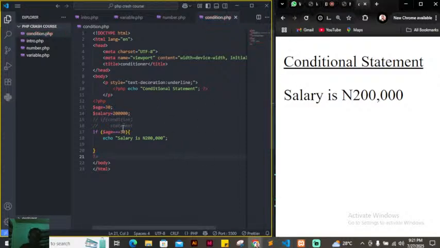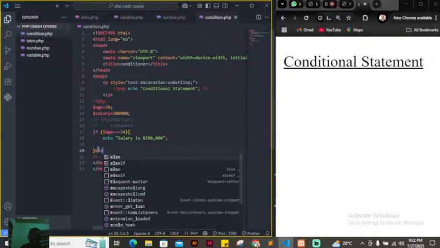But what about if I said age is equal to 40? If I turn age to be 40, nothing is printed out. But I want the person reading my code to know that it's because age is not 34 that nothing is printed out. Then I will pass in what we call the else statement. So I'm going to say else